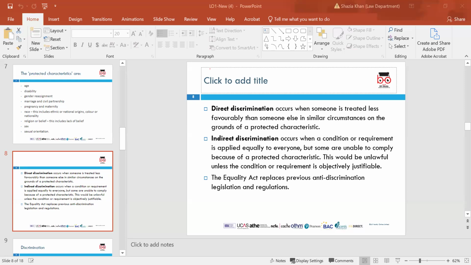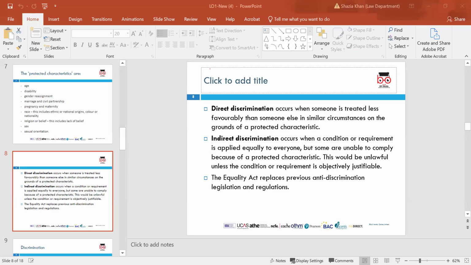protected characteristic. Some examples of direct discrimination are, for example, a promotion panel has been aware of the genders of the candidates whilst marking the application. In a discrimination case won at tribunal, they found that this could have led to unconscious discrimination against a candidate because she was female. Other examples could be direct pregnancy and maternity discrimination, or direct race discrimination, rejecting someone from a job because they are a black person rather than a white person.